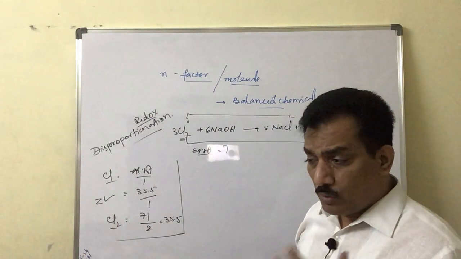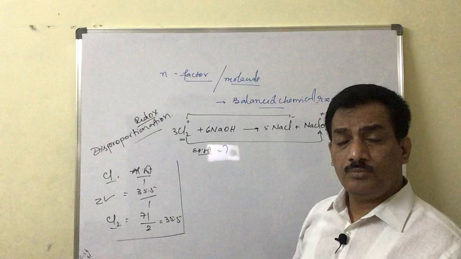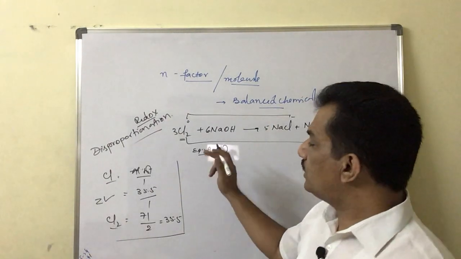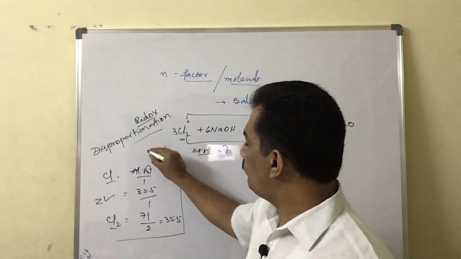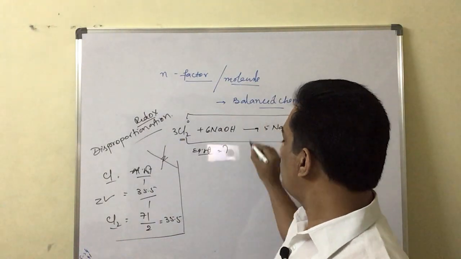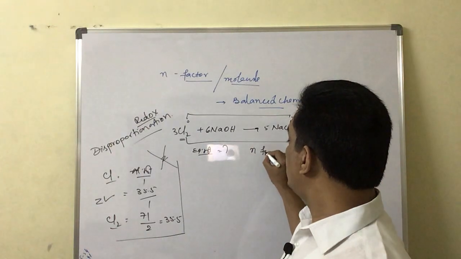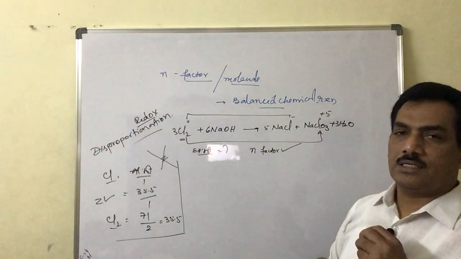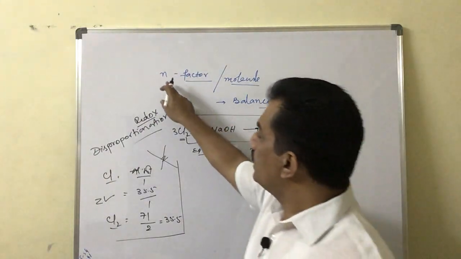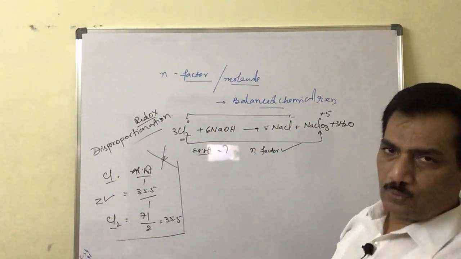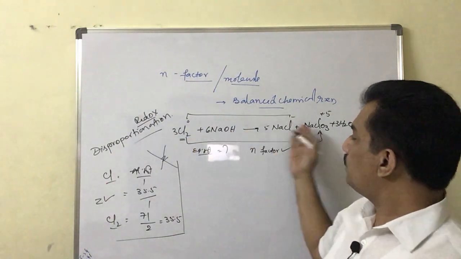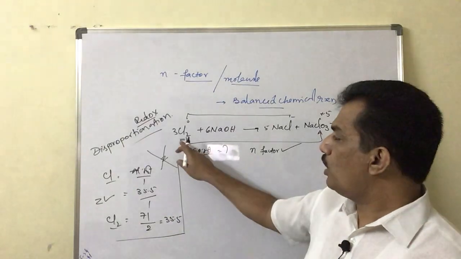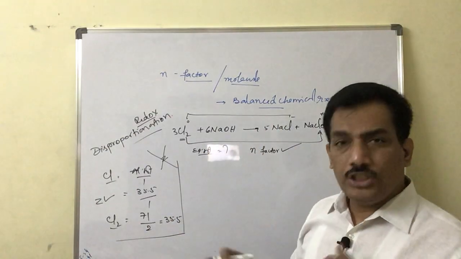But here you observe that chlorine is involved in a reaction. An individual chlorine molecule or atom is not given, just the reaction where chlorine is involved. So in such a case we should not use Z factor, we have to go for N factor. What is N factor? N factor is always per molecule. Just observe, for balancing purposes here 3 molecules are involved, is it not?